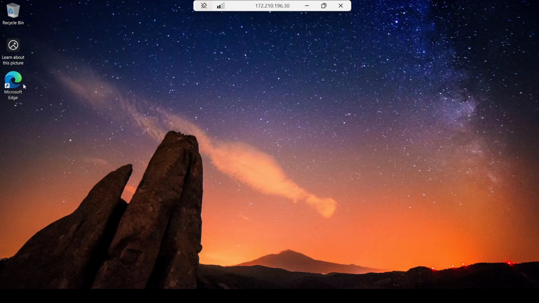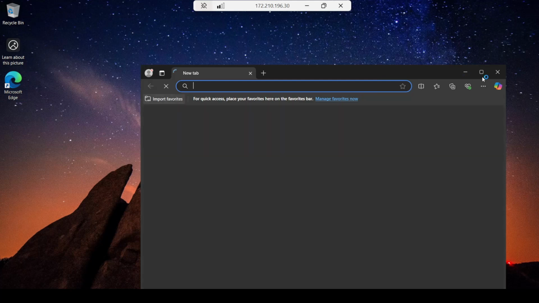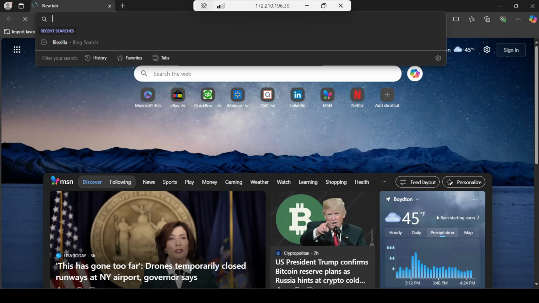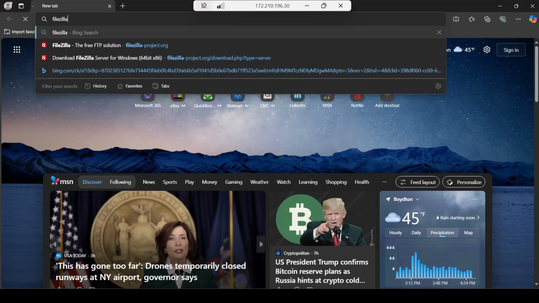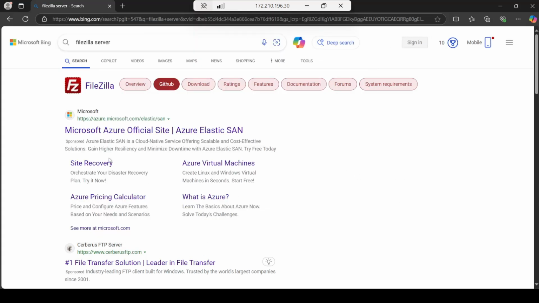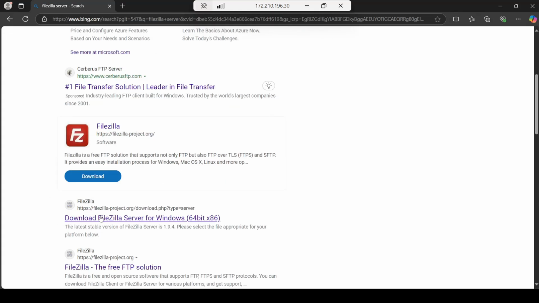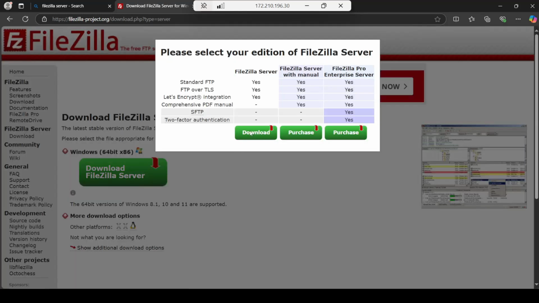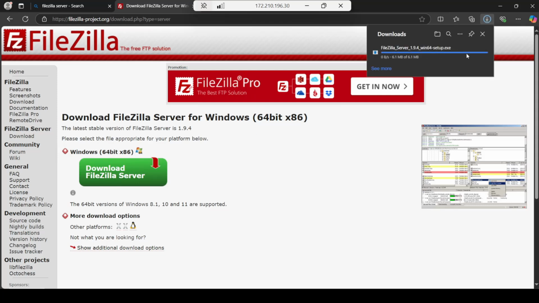Alrighty, we're in. So the first thing we'll do is open up Microsoft Edge or whatever browser you have. Can't be bothered to install Chrome over here. So just type FileZilla Server, and let's go over here, and this is what we want. I'll leave all the relevant links in the description below, so don't worry. Just download the server and click yes over here. There we go. Just run this file